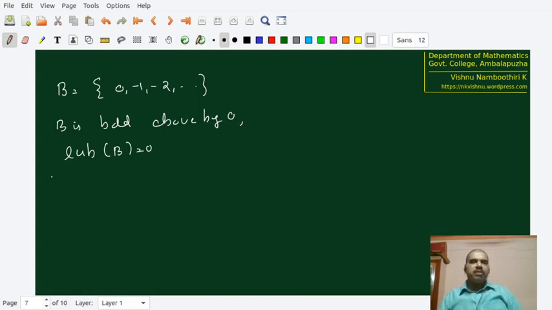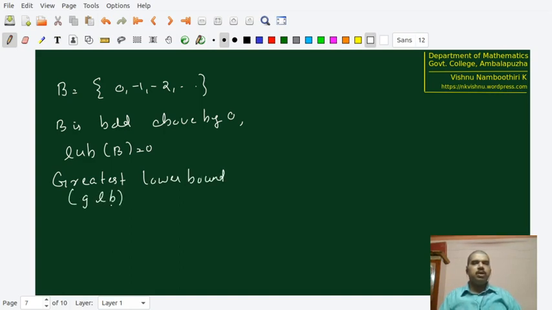In a similar way, we can define greatest lower bound, GLB, or infimum. So analogously, we are going to define this infimum. From the very word itself, greatest lower bound, it's actually clear that if we want to call L to be the greatest lower bound of A, then L has to be, first of all, a lower bound and it has to be the greatest.